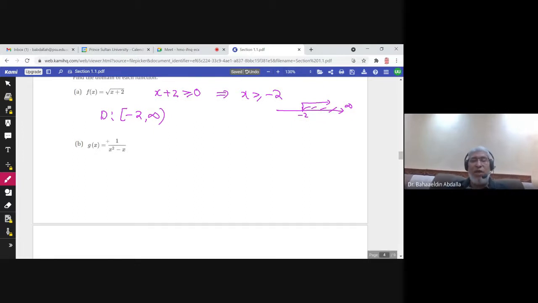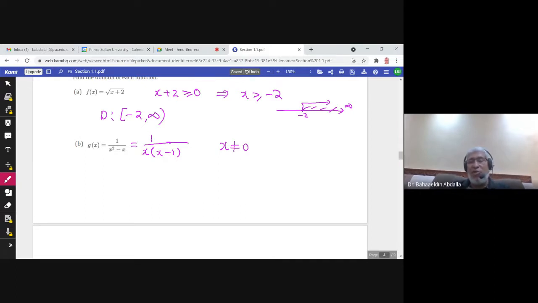Another question here: I have a fraction. We cannot accept that the denominator is 0. 1 over 0 is not defined, it is a math error. So let us factor the denominator. If you take x as a common factor, you will have x squared over x, which is x, and x over x, which is 1. So now I can see that x cannot be 0,